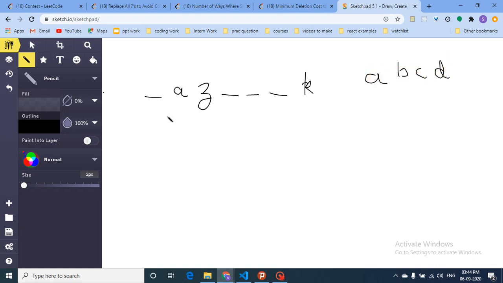Keep on filling in this manner from left to right, without taking care of whether the consecutive characters are the same or not. Let's assume there are 1000 characters: you start filling a, b, c, d, then go to z, and then again fill with a, b and so on. So let's start filling this. It is a, then b, c and d.